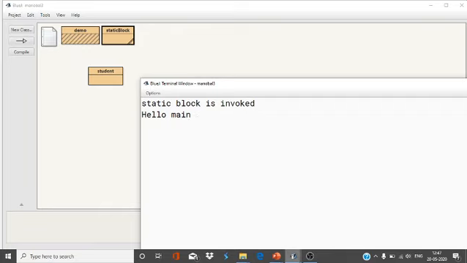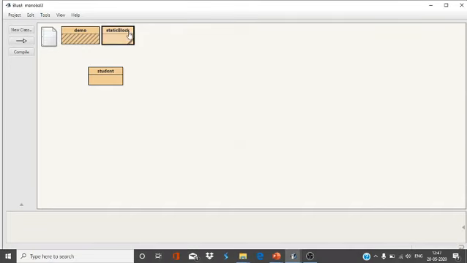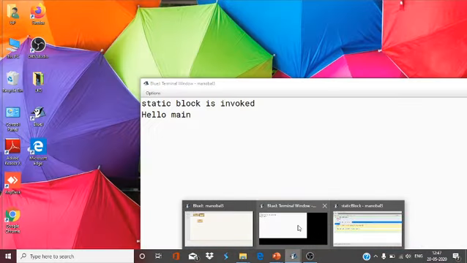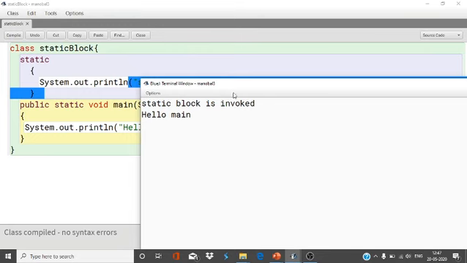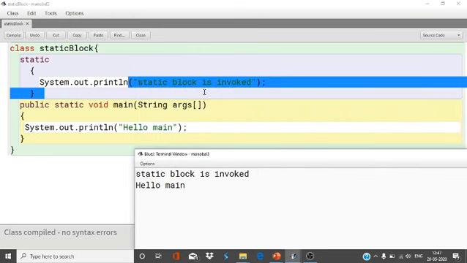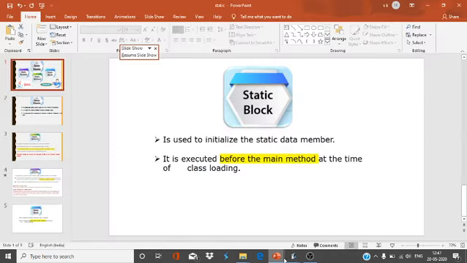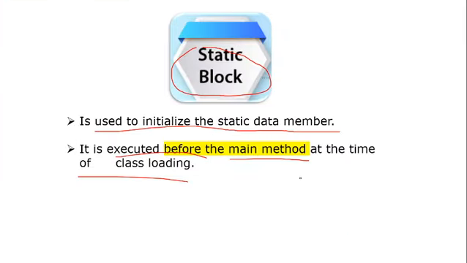But here, what I have done: we know that in any programming language, especially Java, the main method is executed first, but here the static block is going to execute first. Why? Because it is a feature of the static keyword that it executes before the execution of the program, or before the execution of the main method. So okay students,